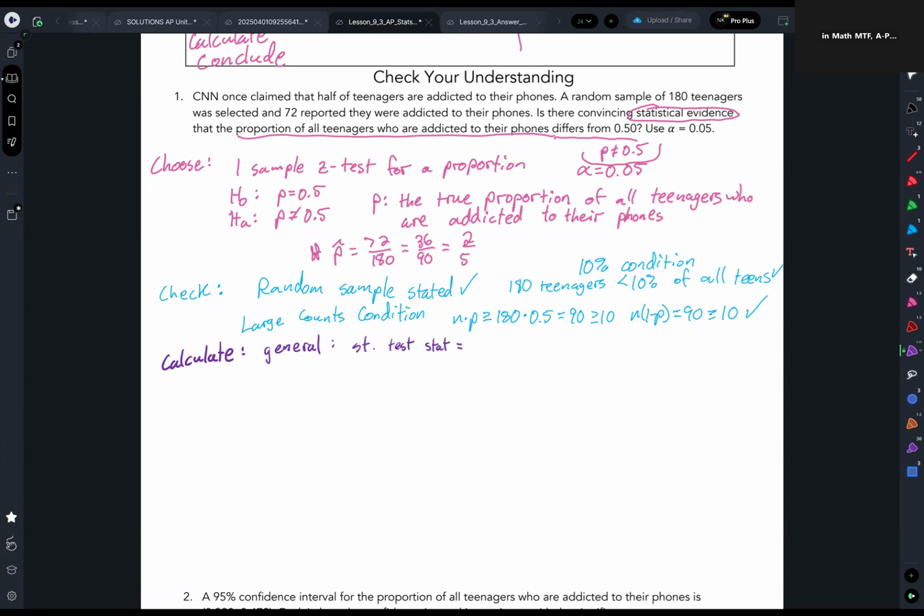Test statistic equals statistic minus parameter divided by standard error. You don't have to write all that out, but it can help if you're struggling. Keep going back to that formula sheet, right? We're using a z-score. My statistic was p hat, that's estimating my parameter of p. So remember, going back to the formula sheet,